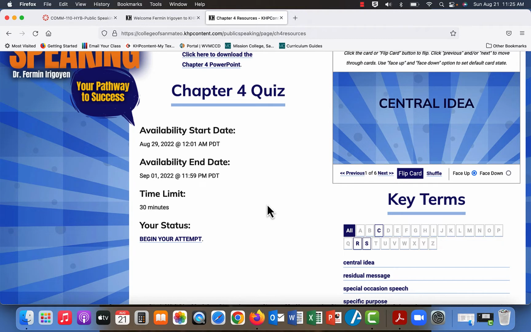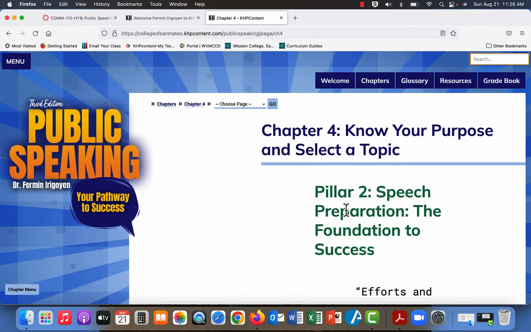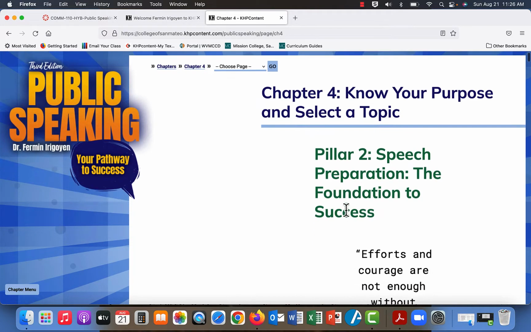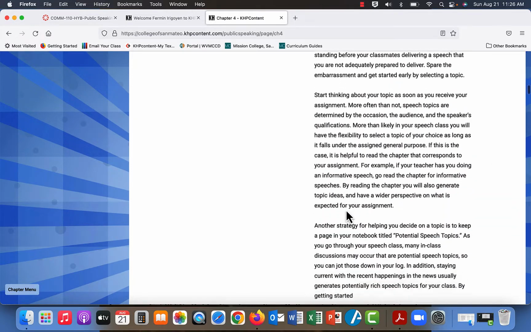Each chapter has 2 pages. The first page is the content of the chapter, and the second page has your quizzes, your PowerPoints, and your flashcards. So in looking at a standard chapter content, they all run very consistent, 1 through 16. So here I have the content, and you'll see all of this information here.